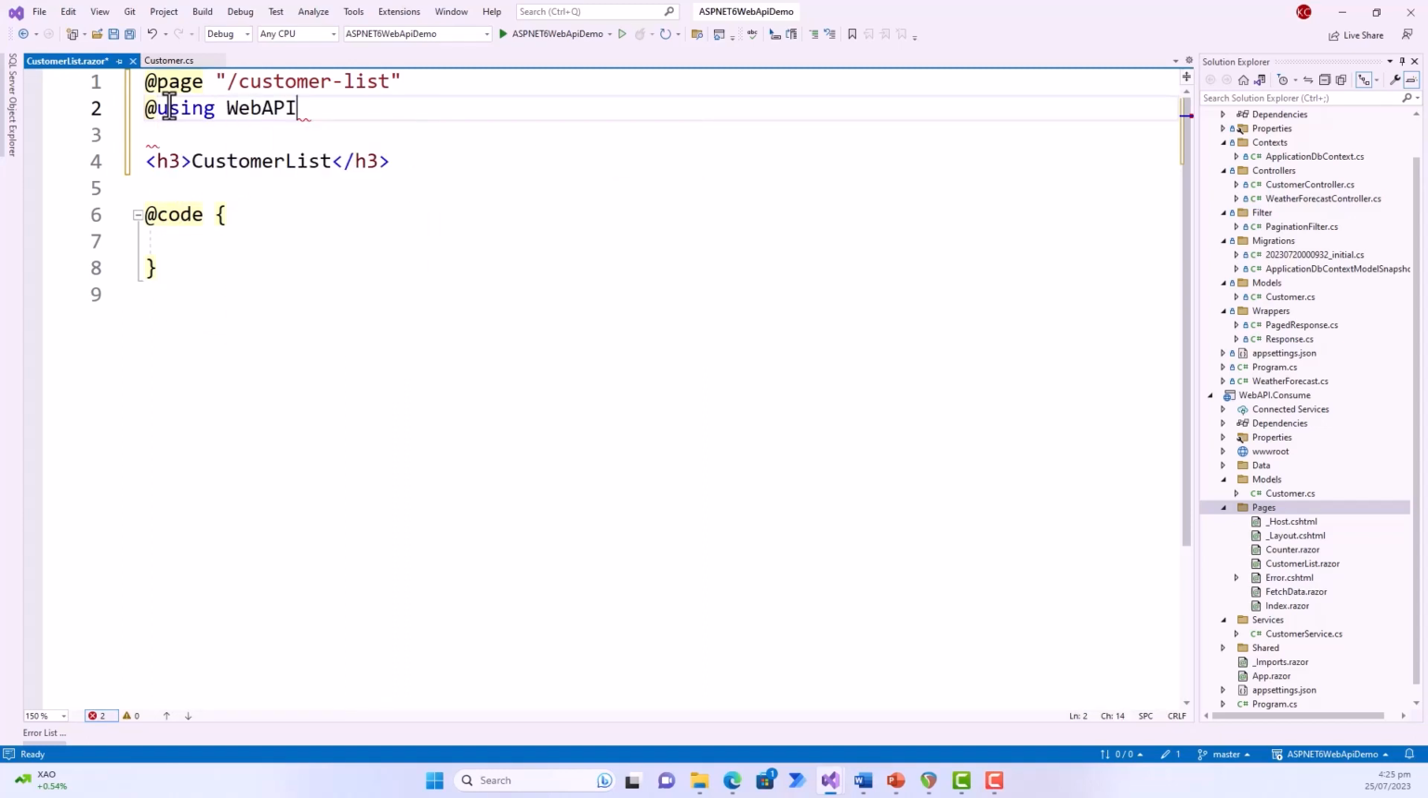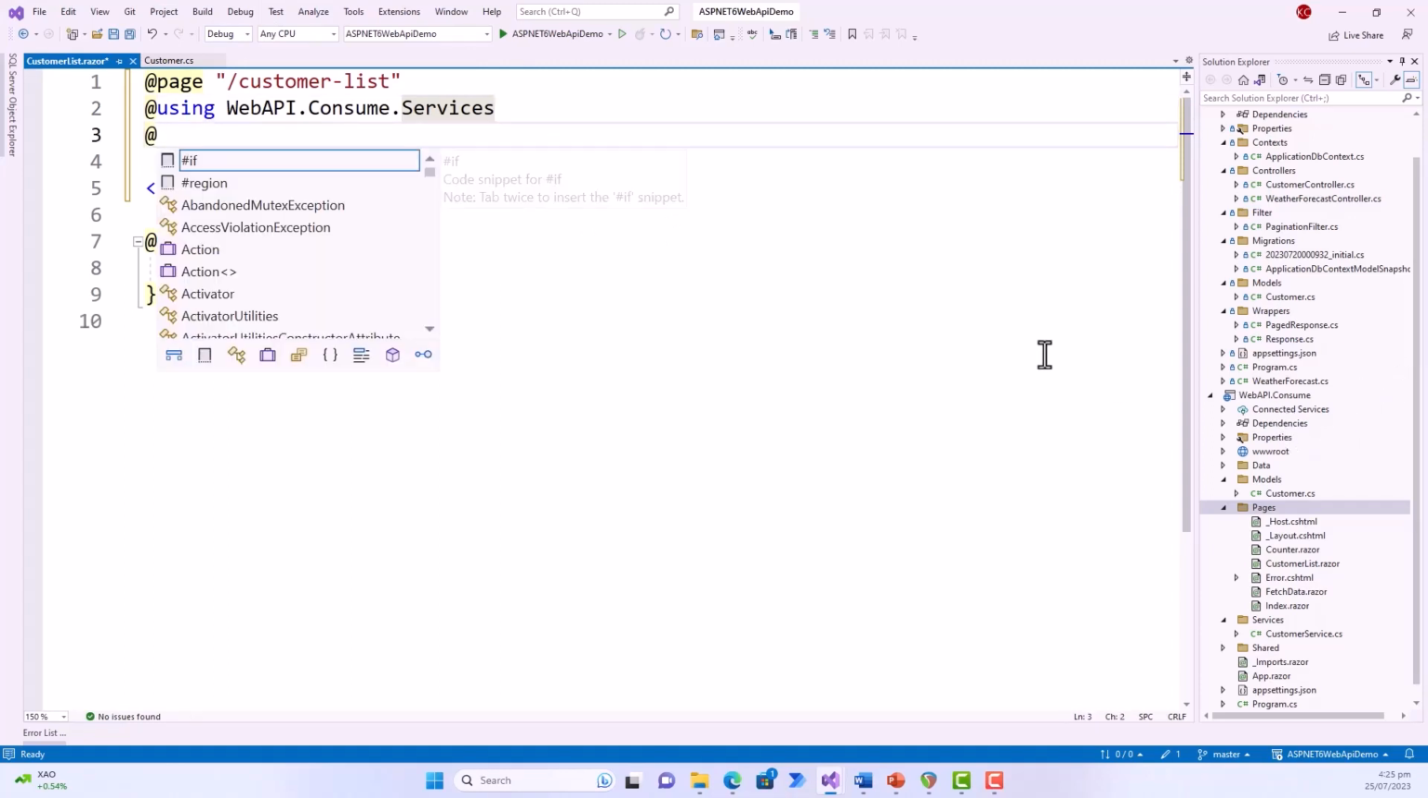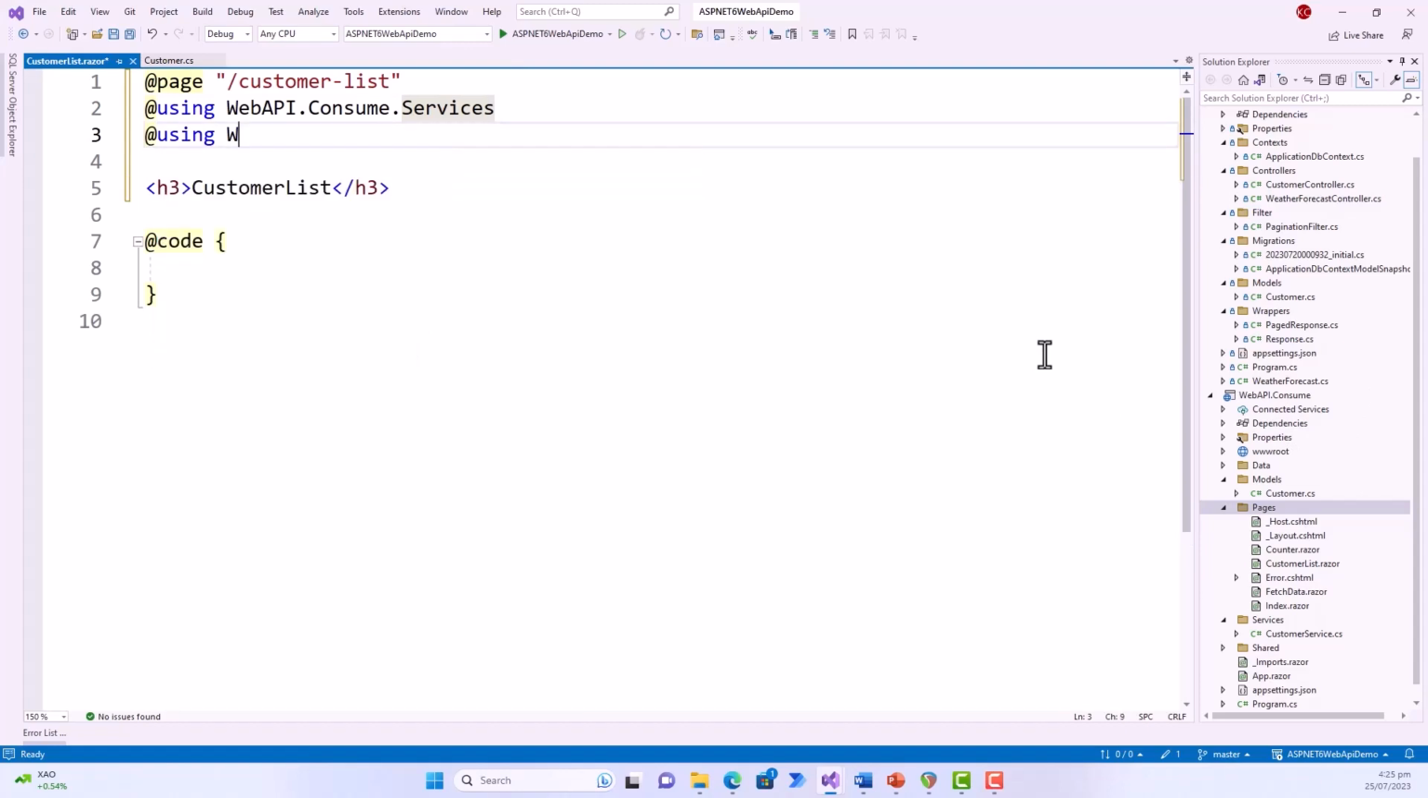So @using WebAPI.Consume.Services, where WebAPI.Consume is the project name. All right. And then the models folder also has to be used. And then I'll have to inject the all-important customer service that we built in the previous lecture,